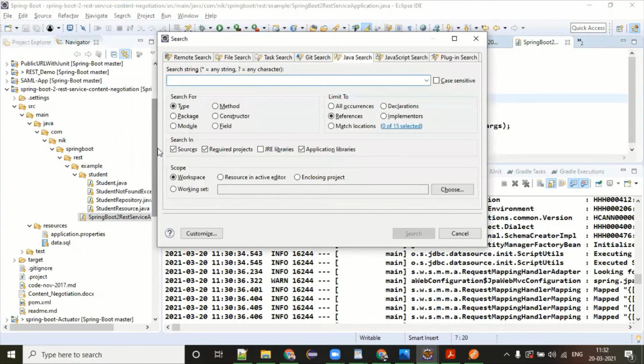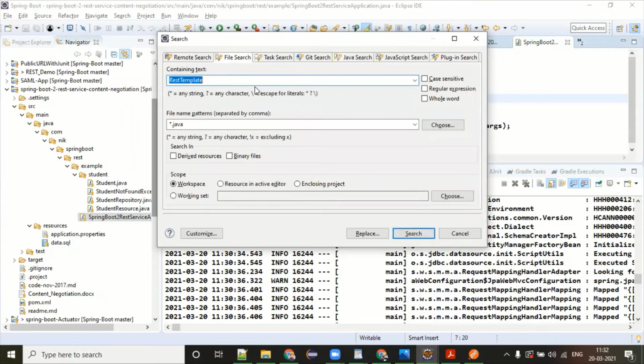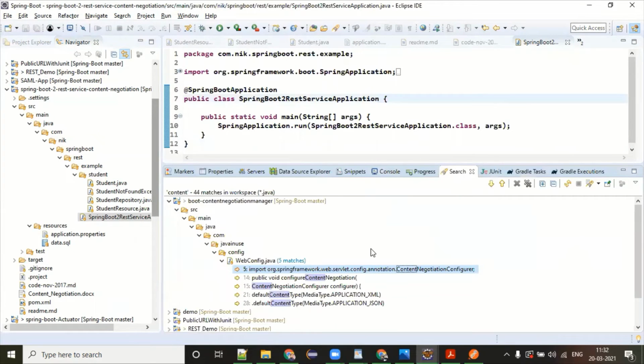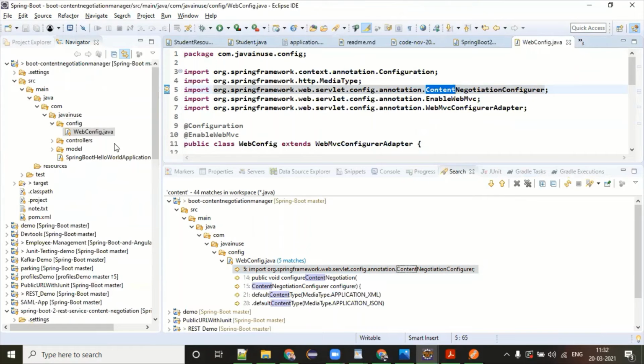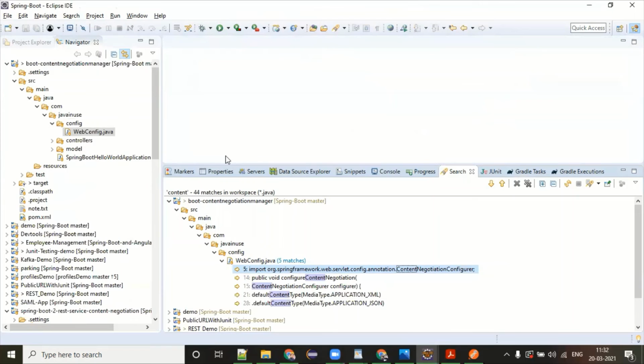There is a separate application, it seems, for this content. Let me search Spring Boot content negotiation. I think this is the application. It is unnecessarily creating confusion for me.